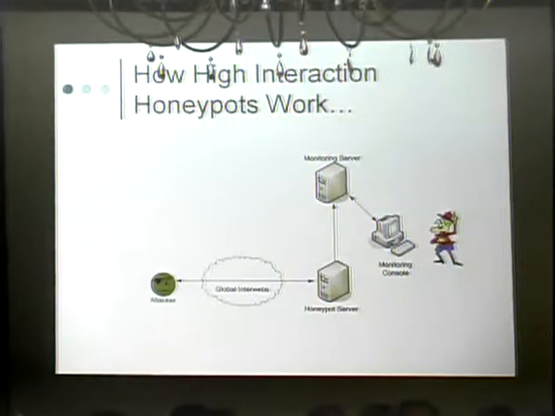How high interaction honeypots work. We have our evil attacker, and you can tell he's evil because he's wearing an eye patch. And he is attacking the honeypot server. Now the honeypot server is a real computer, and he's going to compromise it and do evil things to it. But what he doesn't know, and he hopefully won't find out, is that it's actually relaying everything he's doing over